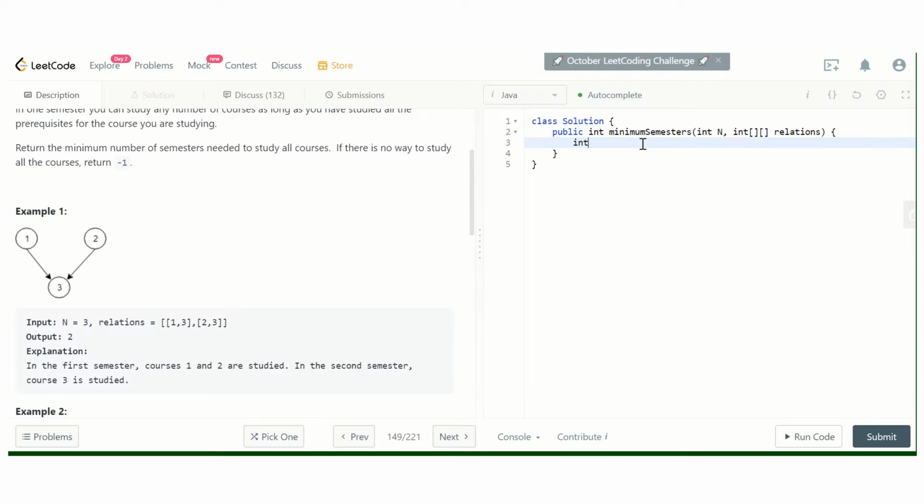So I will create an int in degree array, new int n, and we will also create a map of integer to list of integer, new hash map.